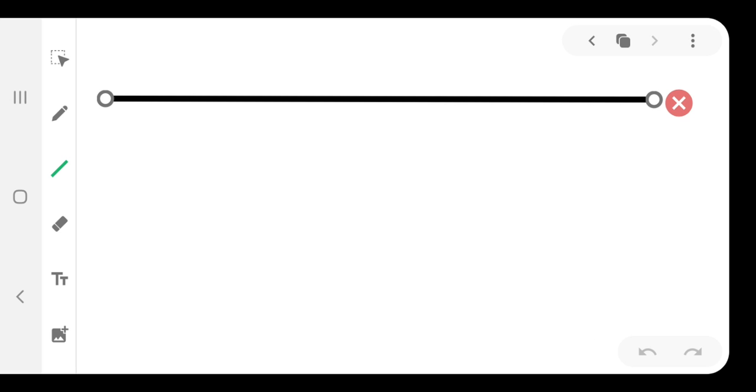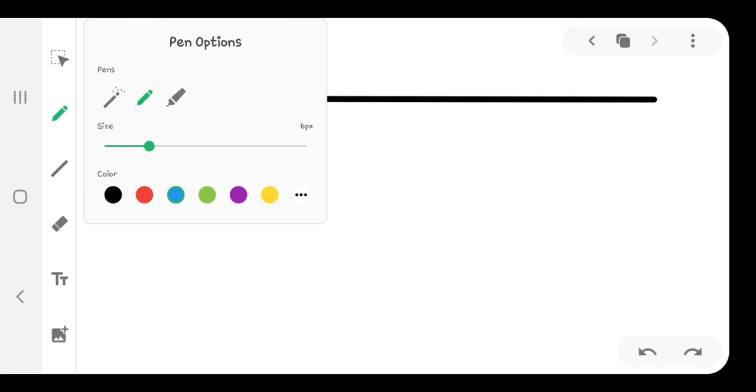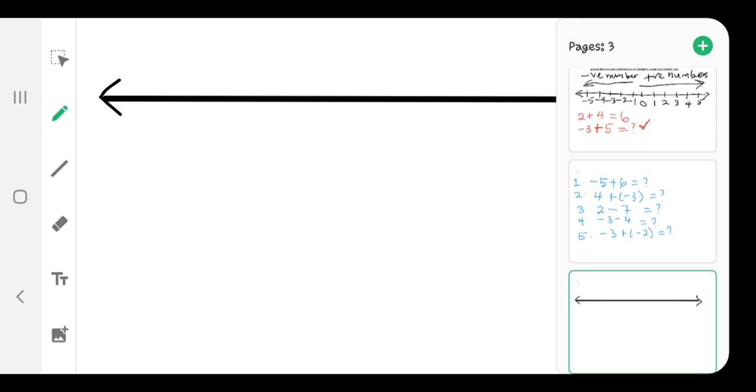We are working out question 1, which says negative 5 plus 6. If you are moving positive numbers on the number line, you move them to